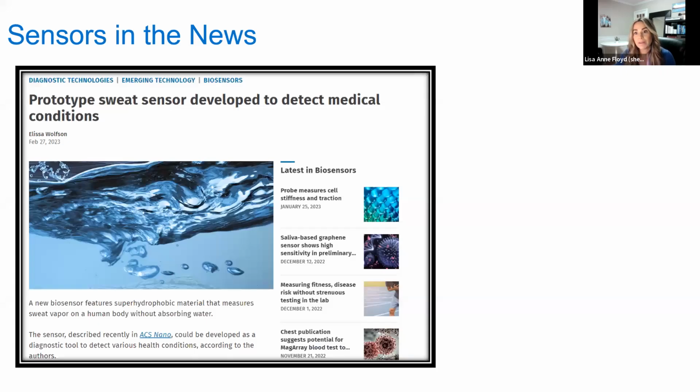So I'm going to share a few articles with you in which sensors are the focus. So in this webinar, we'll be leveraging the microbit's built-in sensors to collect data from our surrounding environment. And as part of the grades 1 to 8 science and technology curriculum, as well as the grade 9 science